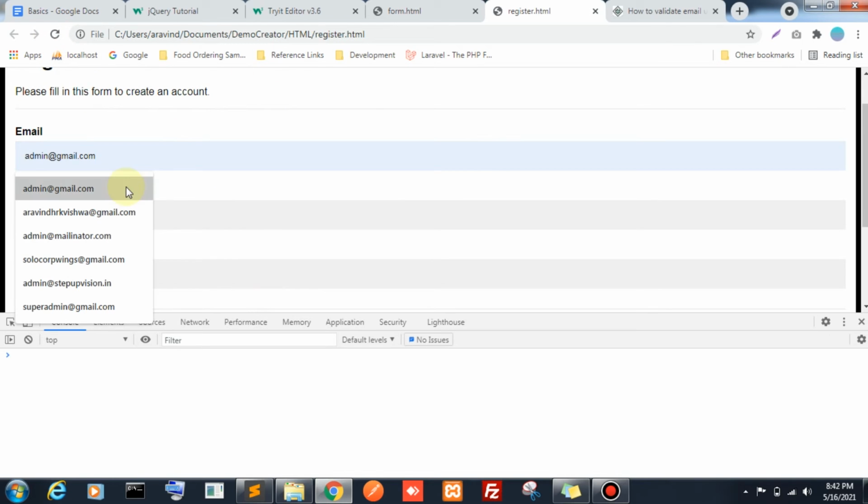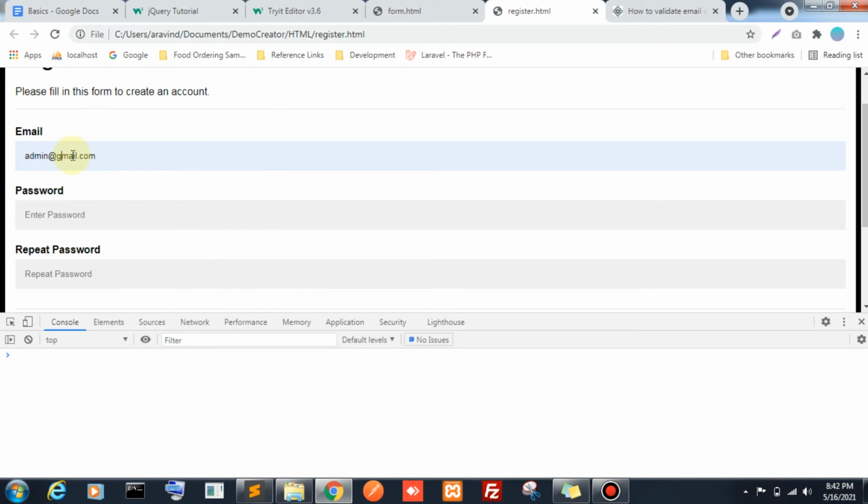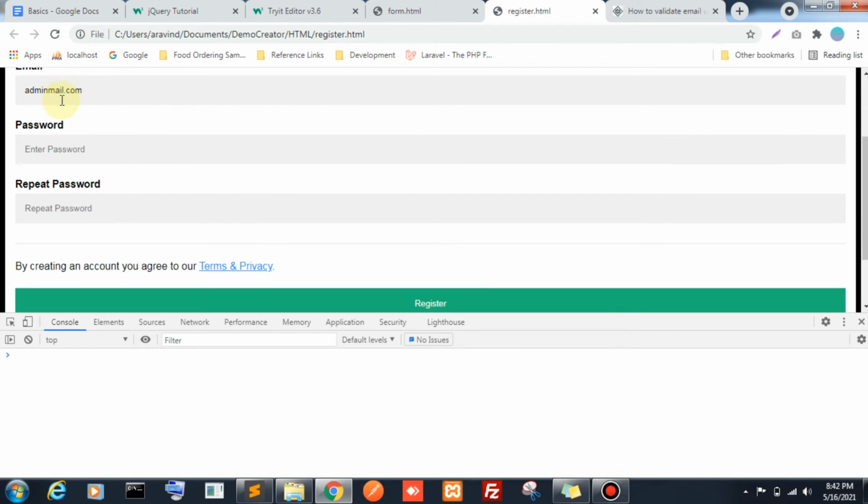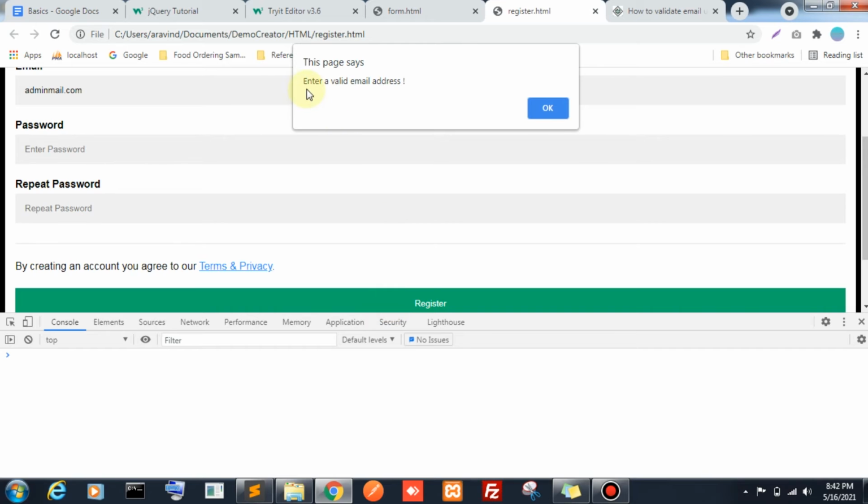See, I'm going to remove the at. This is not a valid email address, and I didn't give a value for the password field. I'm hitting the register button. Let's see what will happen. See, it's giving enter a valid email address. Okay, fine. See, again it's showing the password length should be more than 5 characters.